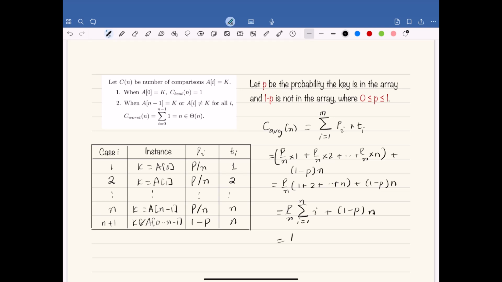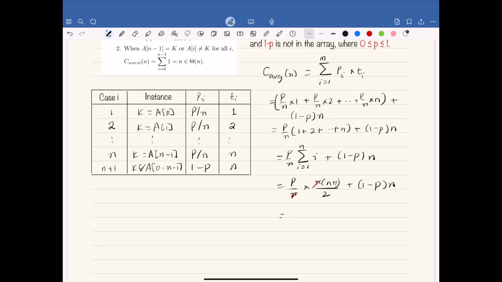This is equal to p over n times n plus 1 over 2 for the arithmetic sequence, plus 1 minus p multiplied by n. n will go with n, and at the end we will have p multiplied by n plus 1 over 2,